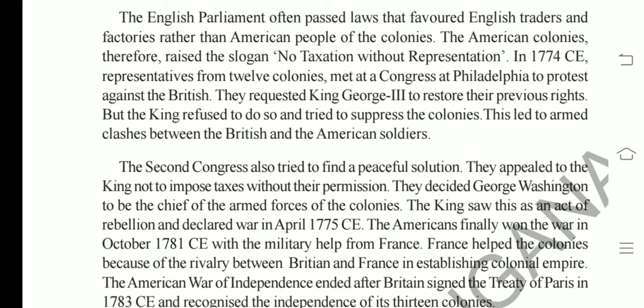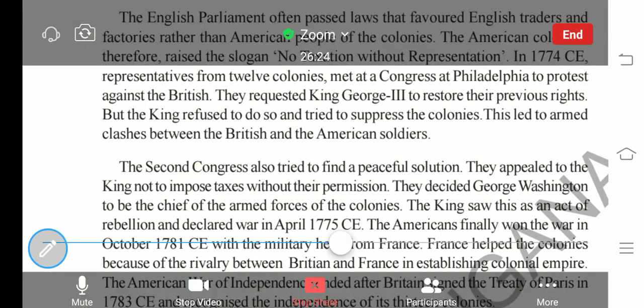Understand? So here the king saw that it was an act of rebelling. The king considered that the American people and soldiers under the leadership of George Washington were rebelling, that means fighting and declaring war on George III, who was the king of England. The king considered it a revolt, and the king declared a war on the American soldiers, in April